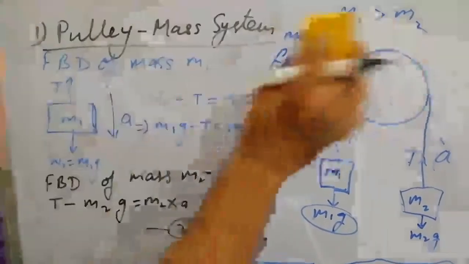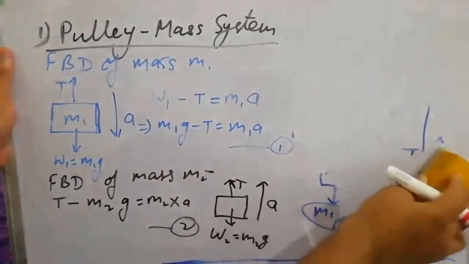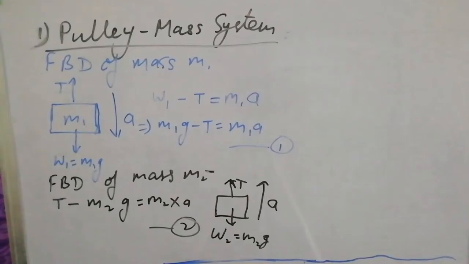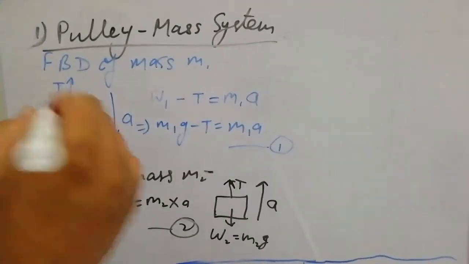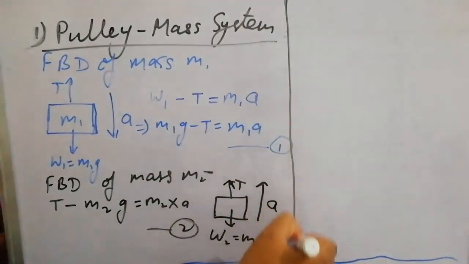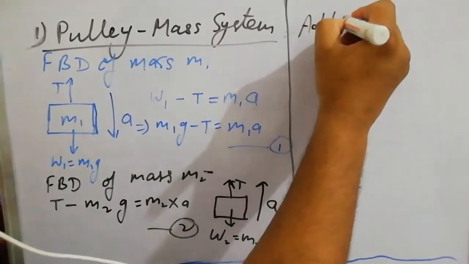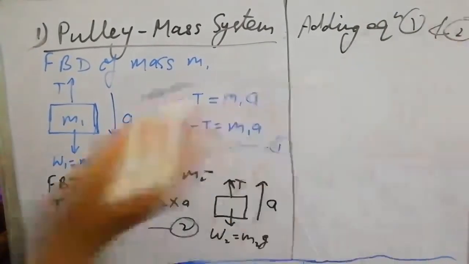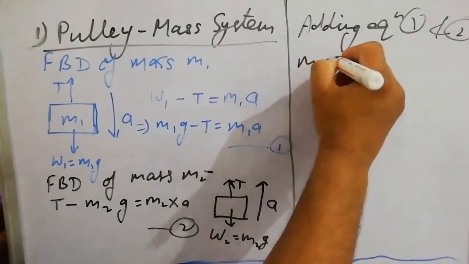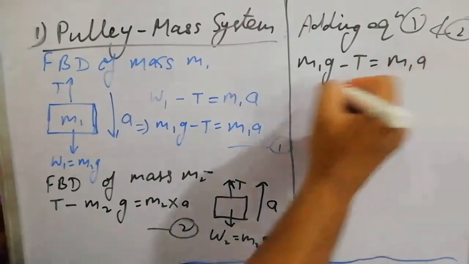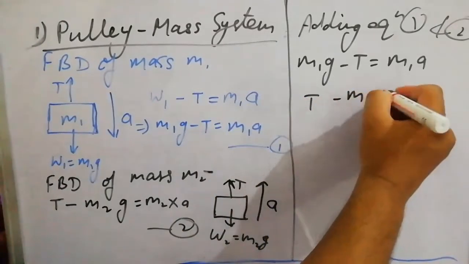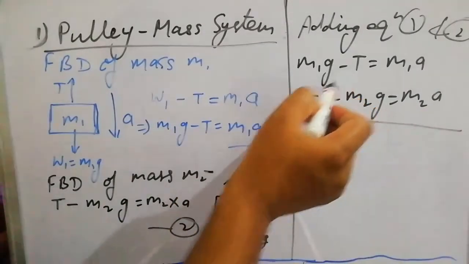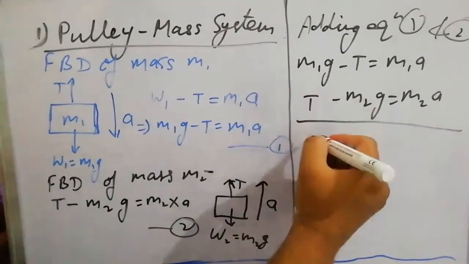Now what will we do? Let us add equations first and second. Adding equations first and second, what will we get? m1g minus T is equal to m1a, and T minus m2g is equal to m2a. If we add them together, minus T and plus T will cancel out, and we will get here